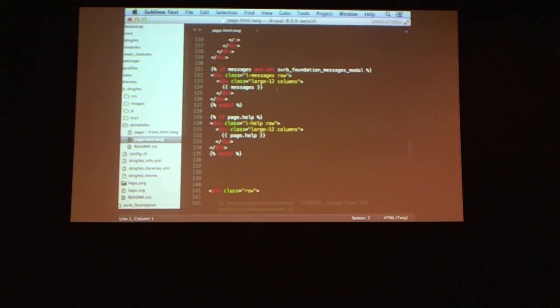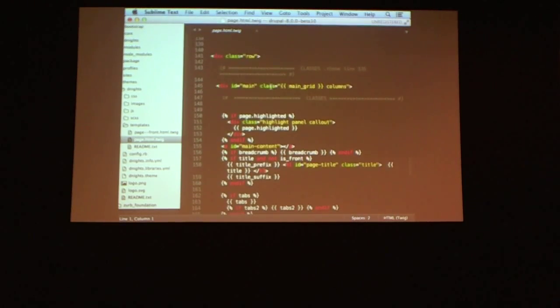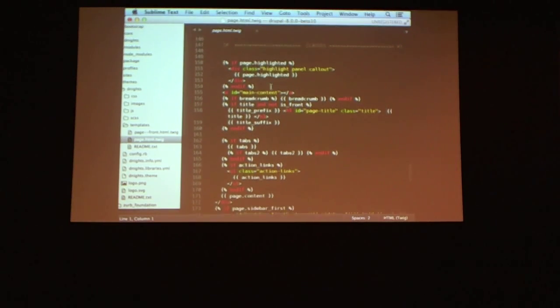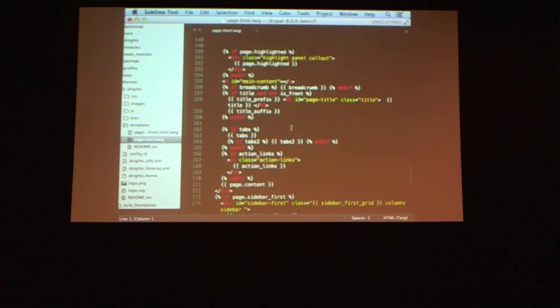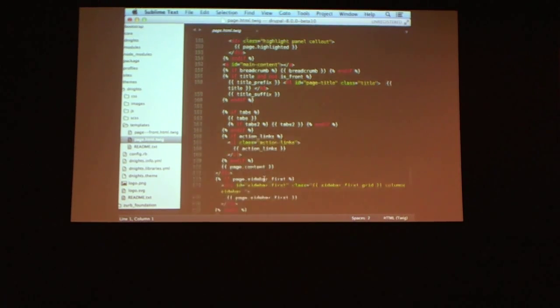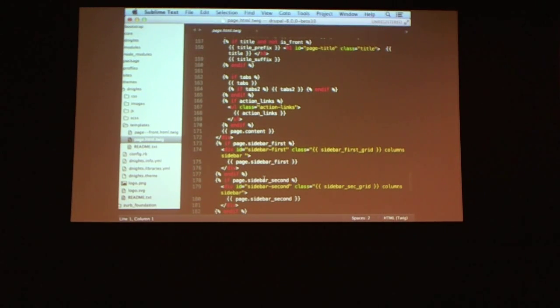So this is going to be your output for messages. These are your breadcrumbs, title. Right? Back in the olden days, when you wanted to create a theme, you would